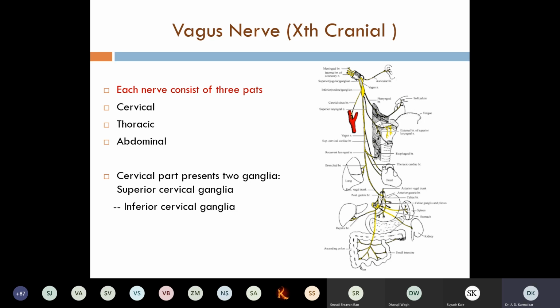You can see there, starting from the nerve which is coming from the jugular foramen, as it comes out it forms one ganglion, that is the superior ganglion. Just as it comes out through the jugular foramen, it forms the inferior ganglion. Now see there are the branches which are going to the neck. It passes through the neck, and there are the laryngeal muscles and the pharynx muscles. It is supplying the carotid body and carotid sinus. Then it is going to the